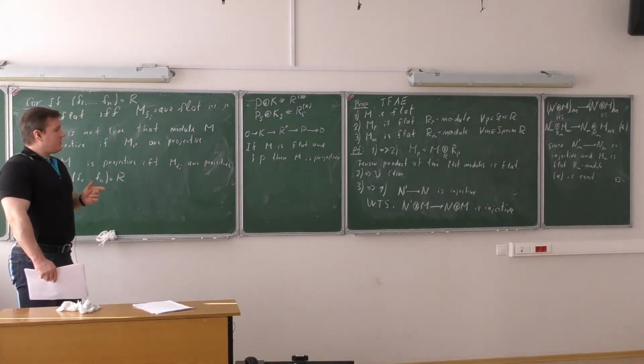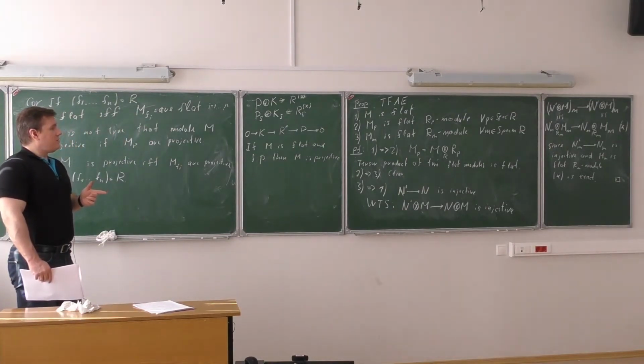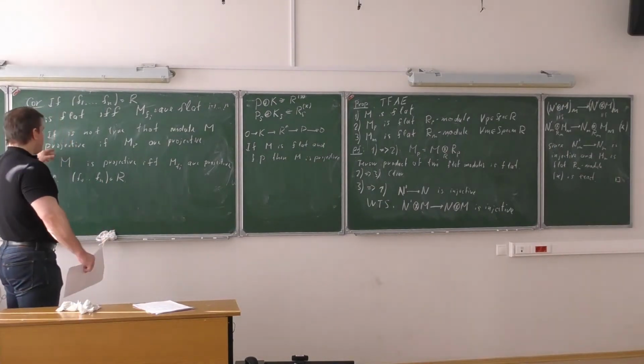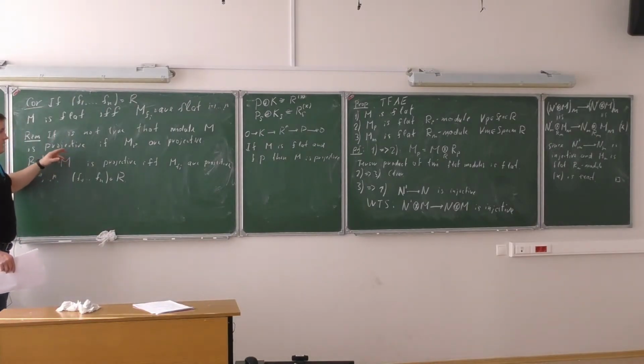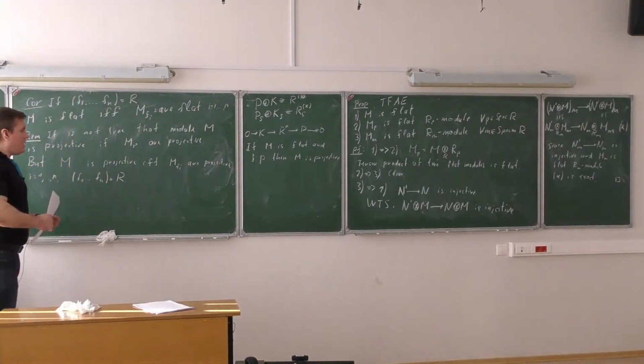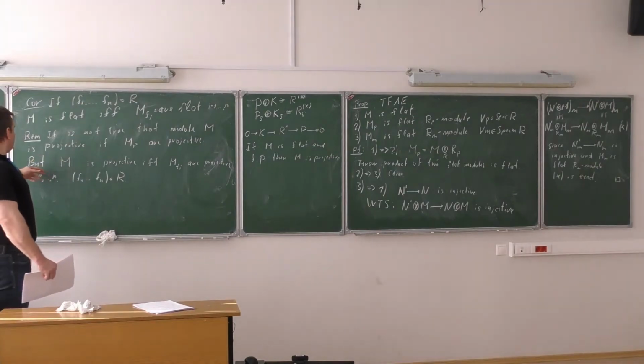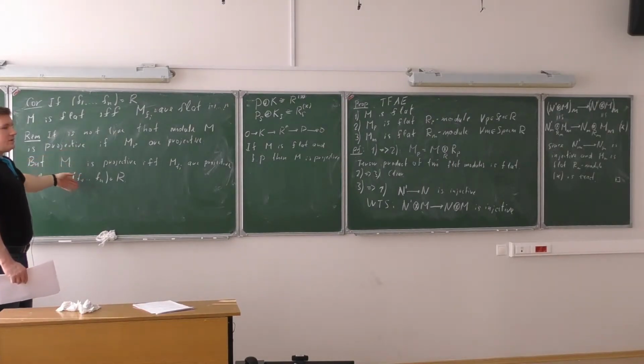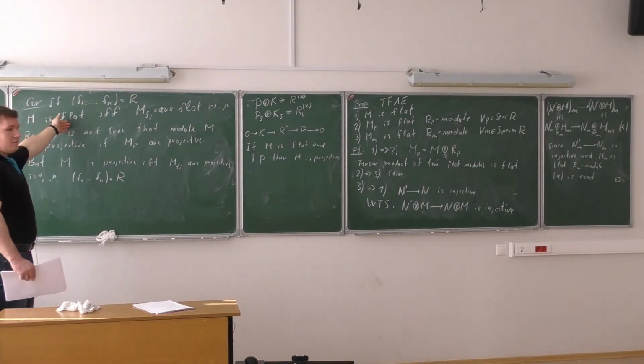So for example, if you take an Artinian ring, then being finitely generated and finitely presented is exactly the same thing. So over an Artinian ring, a finite module being flat and being projective is exactly the same thing. But of course this is not true in general. So this statement is not about finite modules, this is about any projective module, not necessarily finite. For finite modules, say over Noetherian rings, you probably can do this immediately, reducing everything to this.